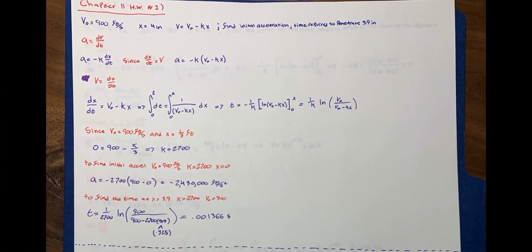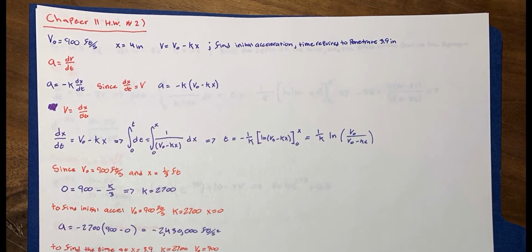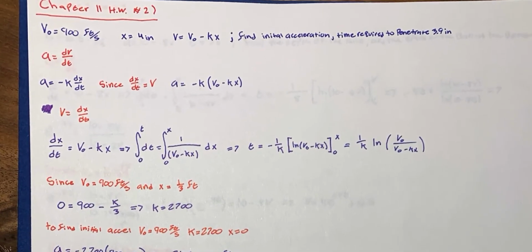For the second one, we have a bullet entering a medium. Initial velocity is 900 feet per second, and it goes in 4 inches deep before it stops, and the velocity is tracked by that equation there, and we are supposed to find the initial acceleration and time required to penetrate